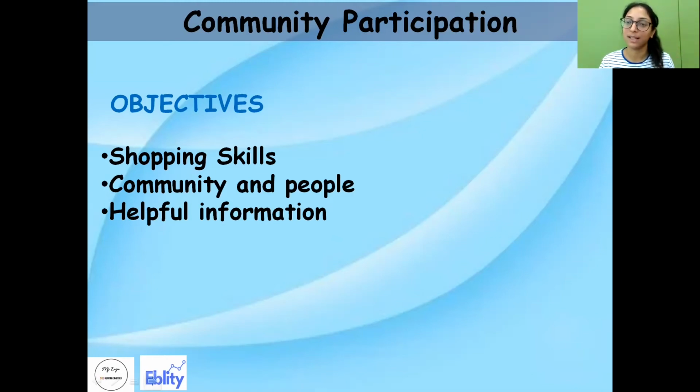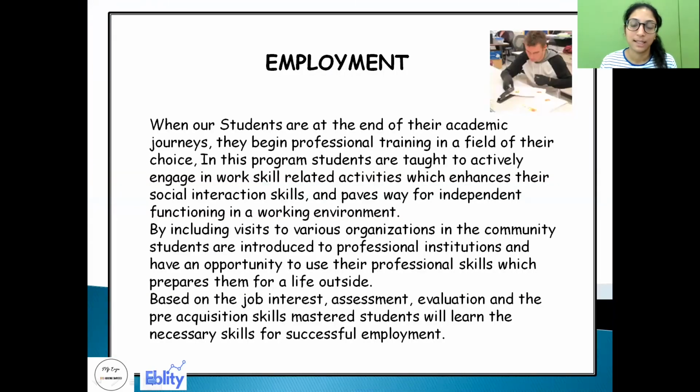It's always based on their learning ability. But we as professionals, we as teachers, try to teach them as much as they can learn in order to gain independence. Now we're going to move on to employment,